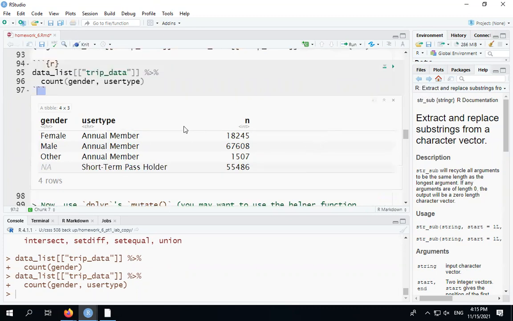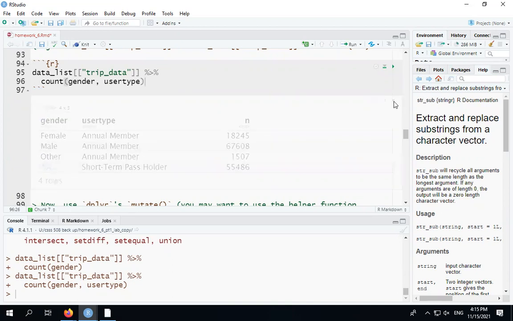So how are we thinking of that? We want to replace this NA with a new word. So like is.na, or like an if user type is short-term pass holder. All right, yeah, I'm with that. We will say, or if gender is NA, then